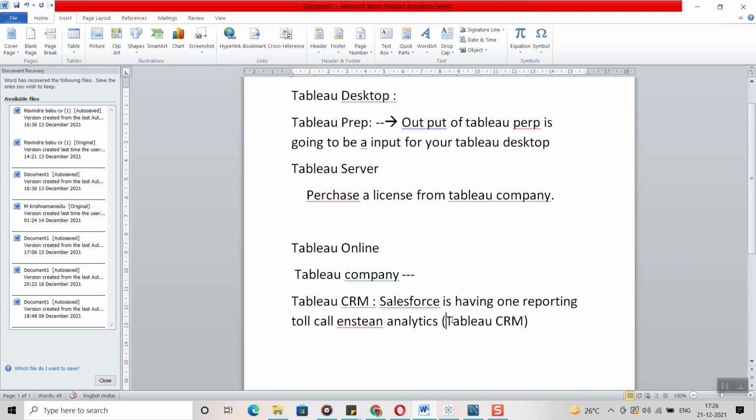This is also a browser-based application. When you have a Salesforce account, you can use this Tableau CRM. It works with Salesforce data perfectly, and you can still connect other data, but it is not as flexible compared to Tableau Desktop. It is a little bit complicated, and that's why Tableau CRM is not yet popular, but some companies still use it.